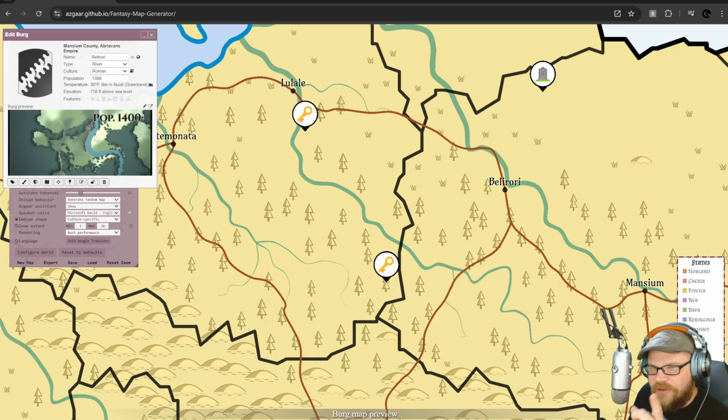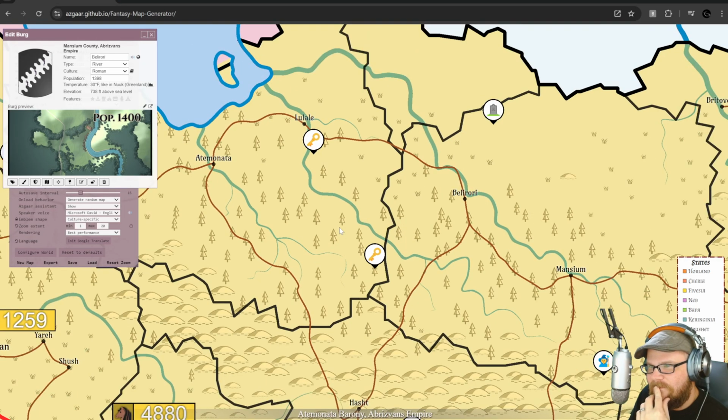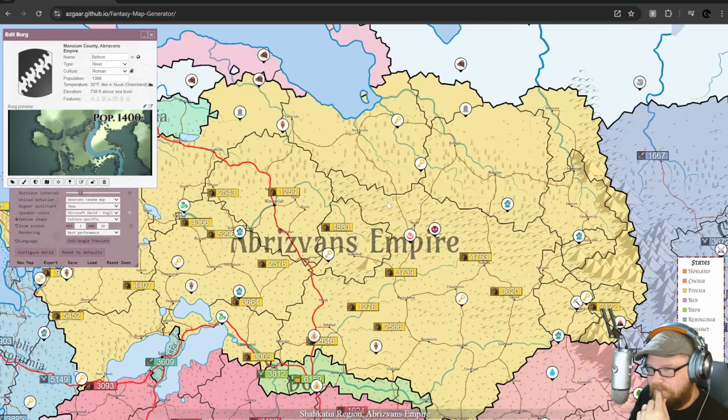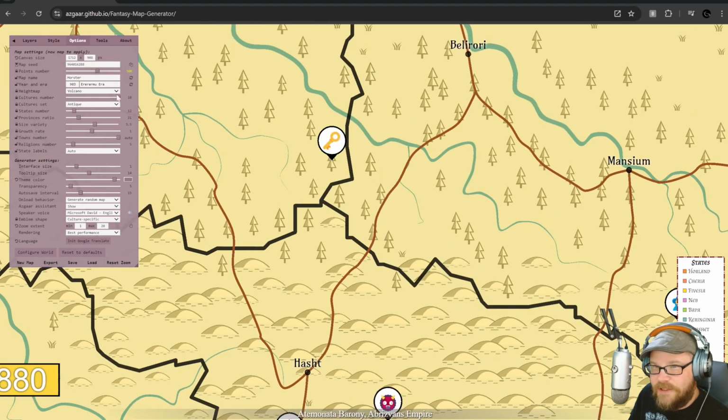Oh, look at that. There's 1,400 people living in this one. Similar to Nook, Greenland. Look at that. Little town. They don't live next to the road. Roads are no good. Crazy. Let's look at the spider people. Let's see what the spider people look like, but I don't think we're going to get a spider person as a